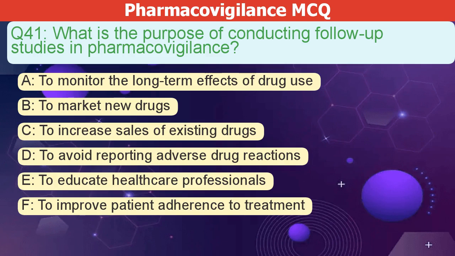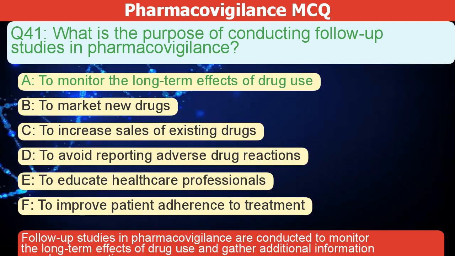What is the purpose of conducting follow-up studies in pharmacovigilance? A. To monitor the long-term effects of drug use. B. To market new drugs. C. To increase sales of existing drugs. D. To avoid reporting adverse drug reactions. E. To educate healthcare professionals. F. To improve patient adherence to treatment. The correct answer is A. Follow-up studies in pharmacovigilance are conducted to monitor the long-term effects of drug use and gather additional information on adverse